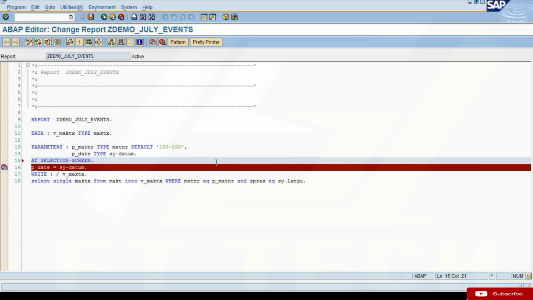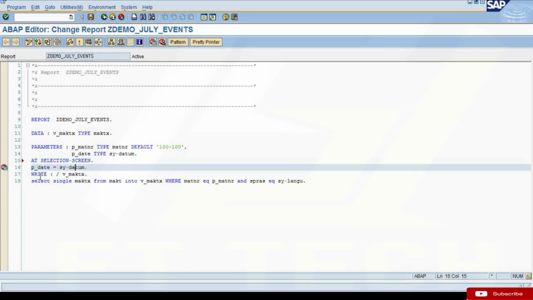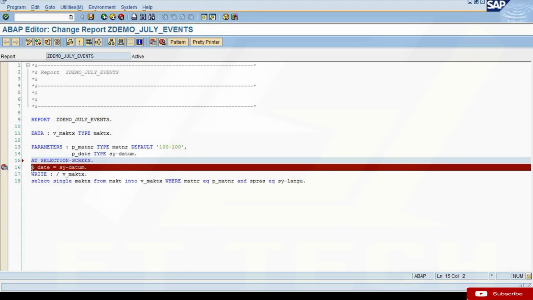So if I say AT SELECTION-SCREEN and write my code under it, whatever code I write after this event will be part of this event. Now line numbers 16, 17, 18 are part of this AT SELECTION-SCREEN event. So this code gets executed when that event takes place. And this AT SELECTION-SCREEN event is triggered after showing the selection screen. So this won't solve our purpose. For example, if I execute this now,